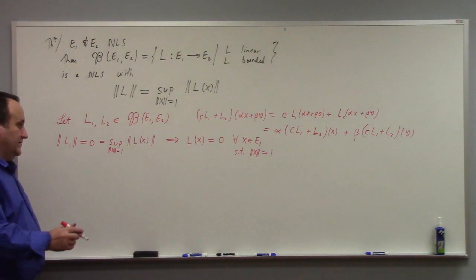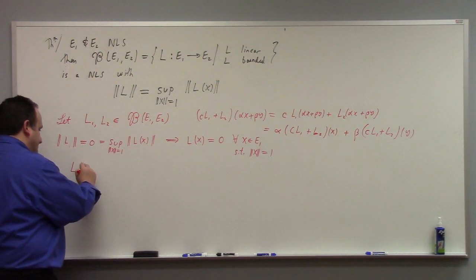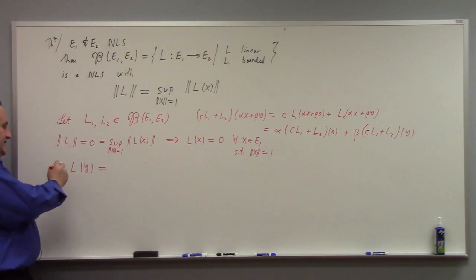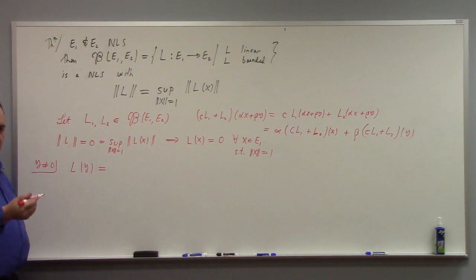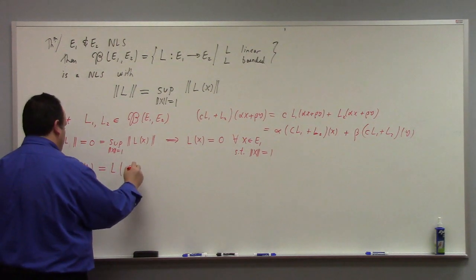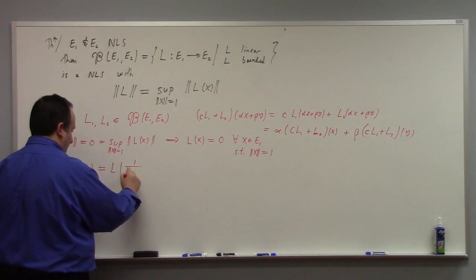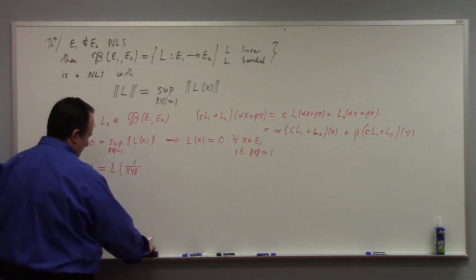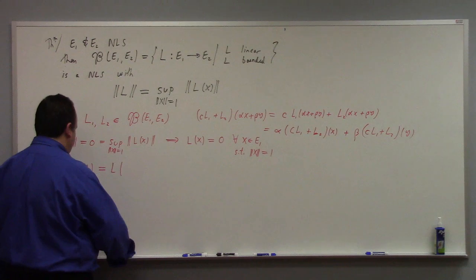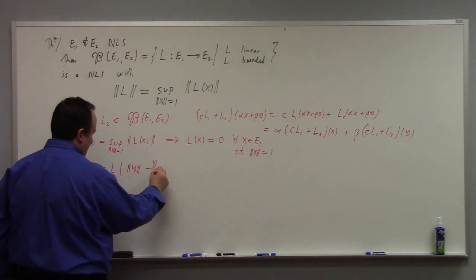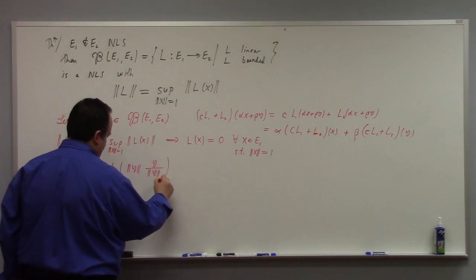And my claim is that if that is true, it has to be the 0 map. Why is that? Well, if we look at L of y, and y is not equal to 0, then we can rewrite L of y as the norm of y times L of y over the norm of y. Because